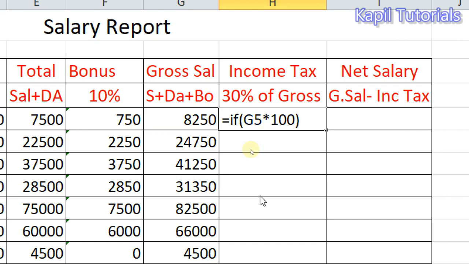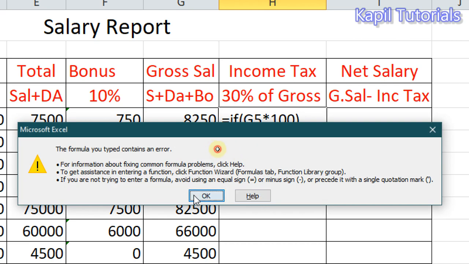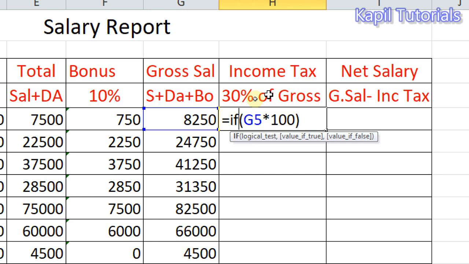That means I have to start with a new bracket. Then I can go with multiple brackets also. It depends how it is easier for you. I feel that using multiple brackets gives more edge for calculations. So I have to calculate 30%.